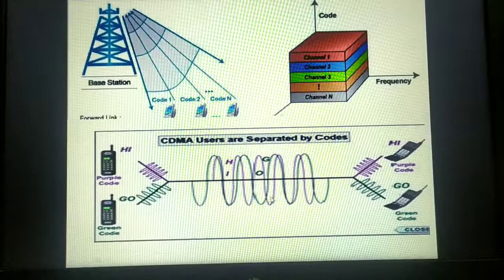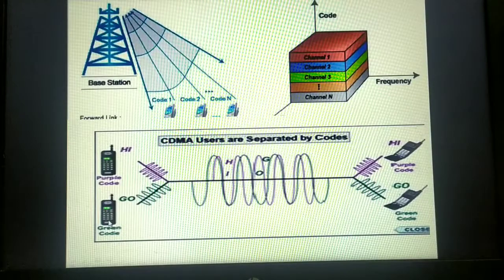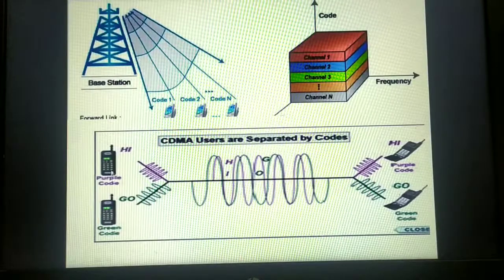So there is one technique here. "Hi" and "go" are the individual conversations, "hi" for this user and "go" for this user. Individual conversations are encoded with a pseudo-random digital sequence. For example, the purple code is the pseudo-random code given to this user, and the green code is the pseudo-random code given to this user.